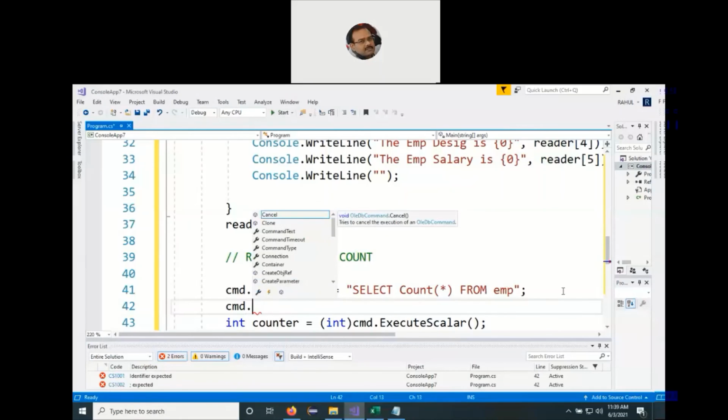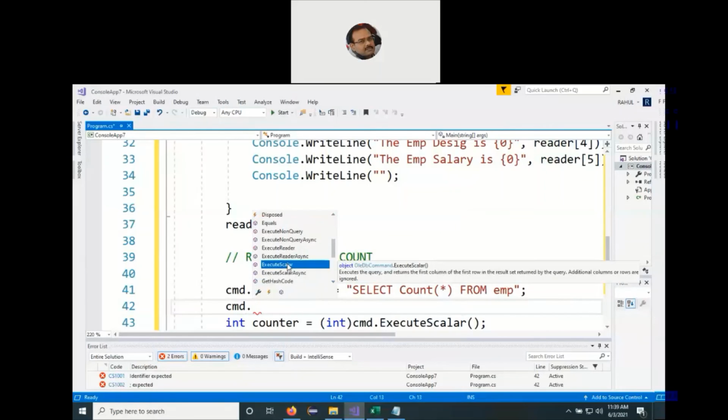So here we are using only one of them, but we can see that cmd is a reference variable of the OleDbCommand. The moment you press cmd dot, we can see a whole lot of functions present here, and we are using one of them, ExecuteScalar.